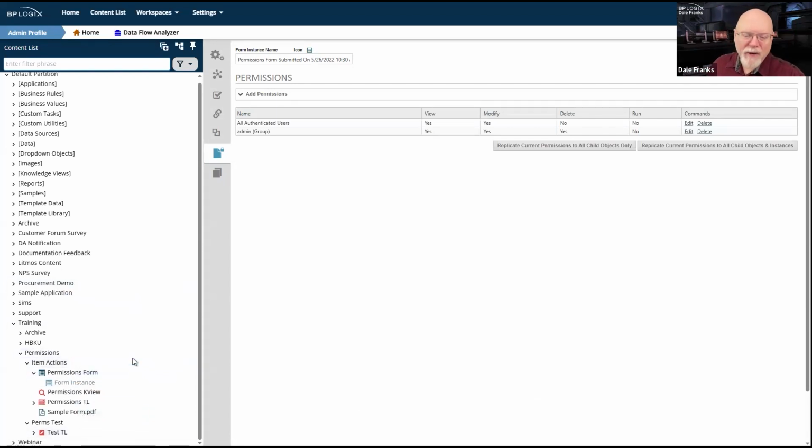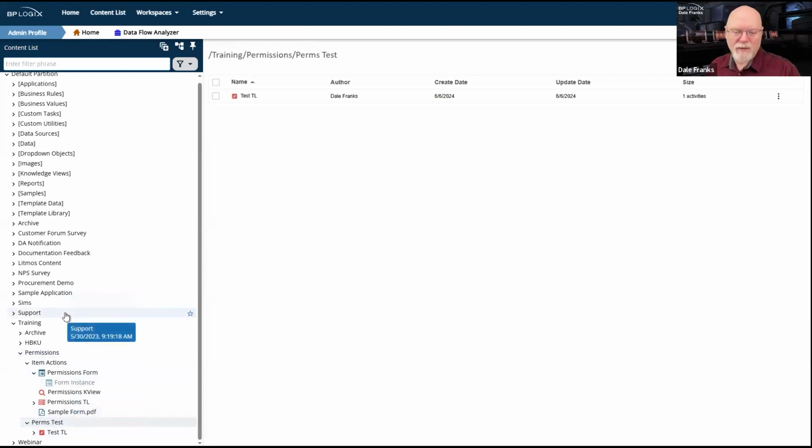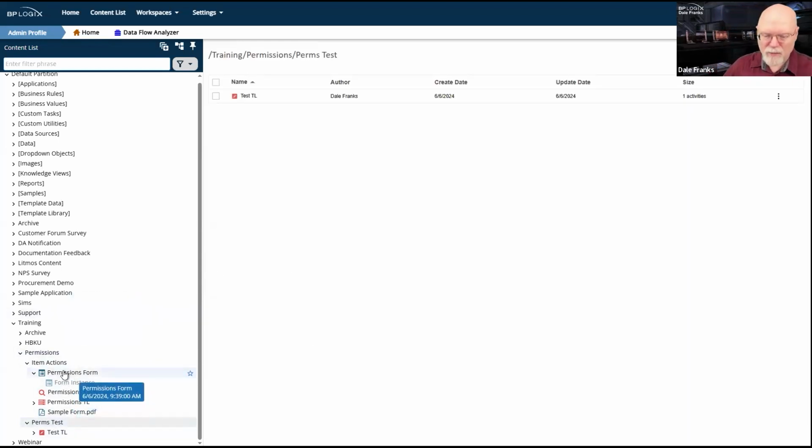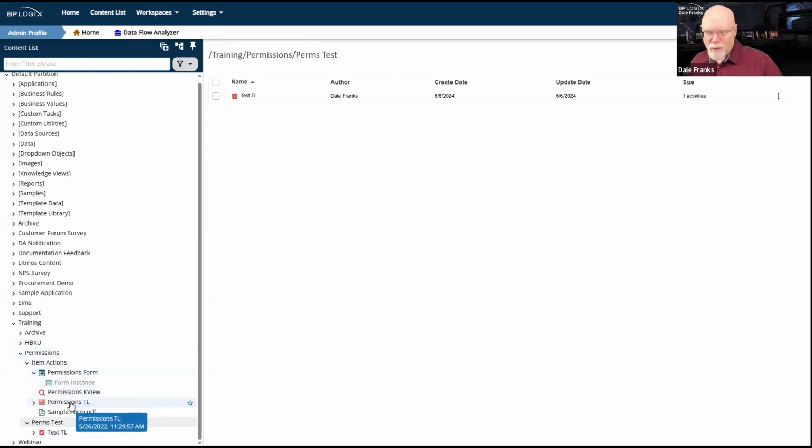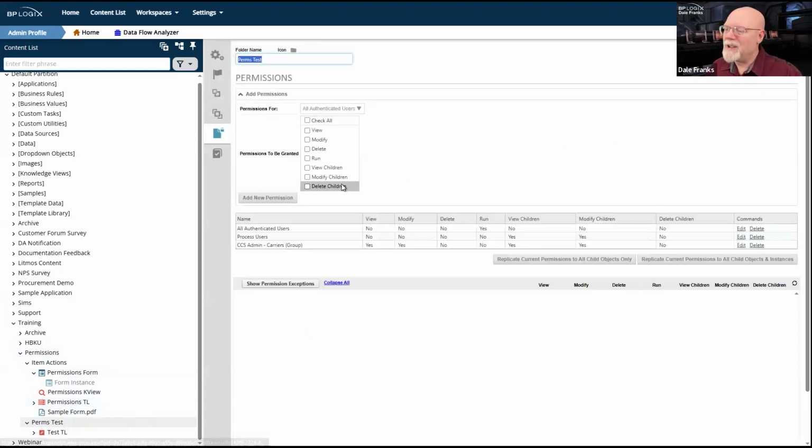Which means if I go in and change permissions, and we'll just use our perms test folder because I don't want to reset these permissions, nor do I actually want to apply them to any of the objects here, for reasons that will become obvious a bit later. If I go into this permissions folder and I change its permissions, right?